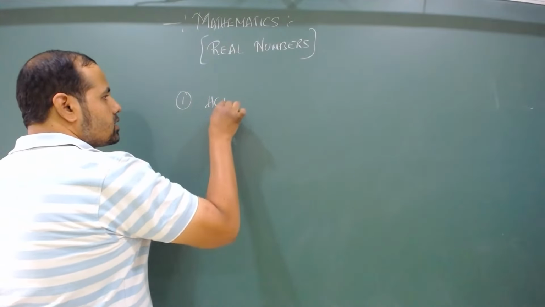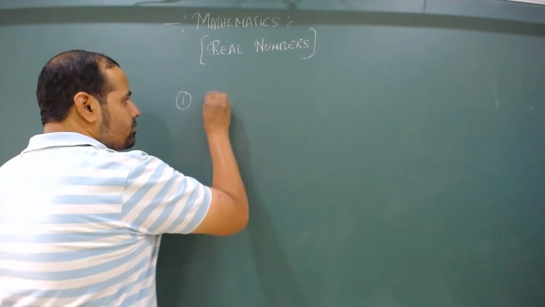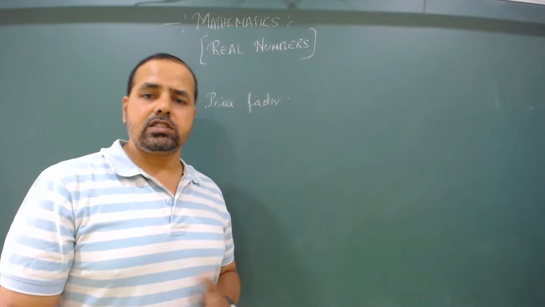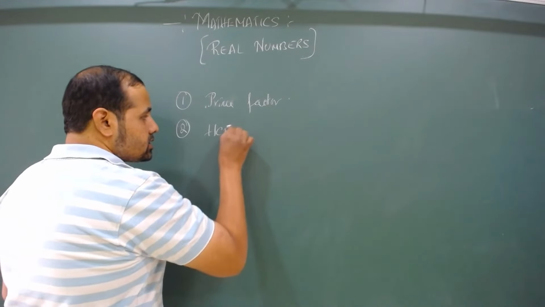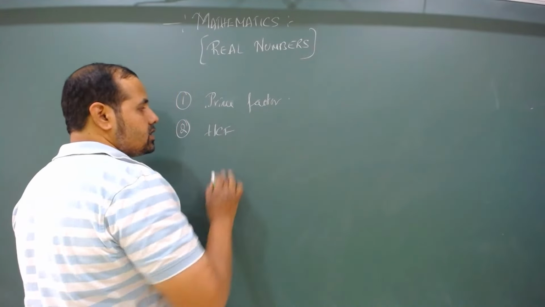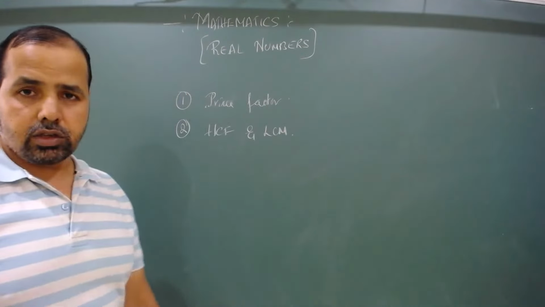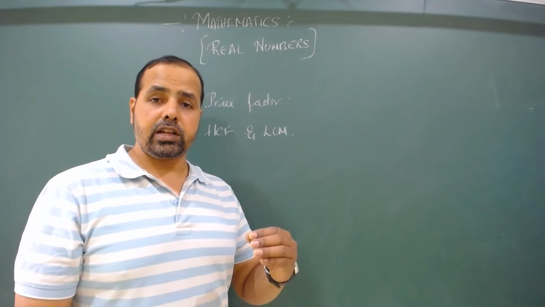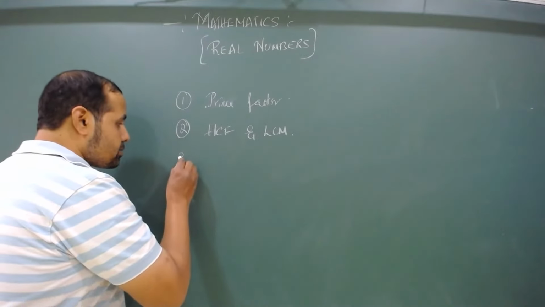finding out the HCF. First thing is prime factorization. We will do prime factorization. The second concept is, you have already learned prime factorization. On this prime factorization, we are going to gradually develop. What is the application? The application of prime factorization is finding out the HCF and LCM of numbers using prime factorization. Then, after finding out the HCF and LCM of a given set of numbers, the next concept would be